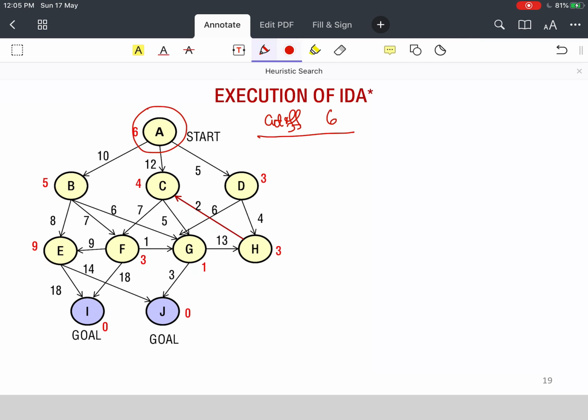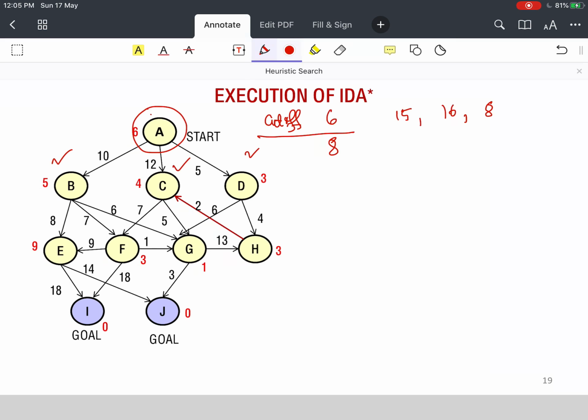So I will expand node A and I will backtrack from this node, and this node. And the nodes that I have backtracked from have f values 15, 16 and 8. So my new cutoff will become 8.